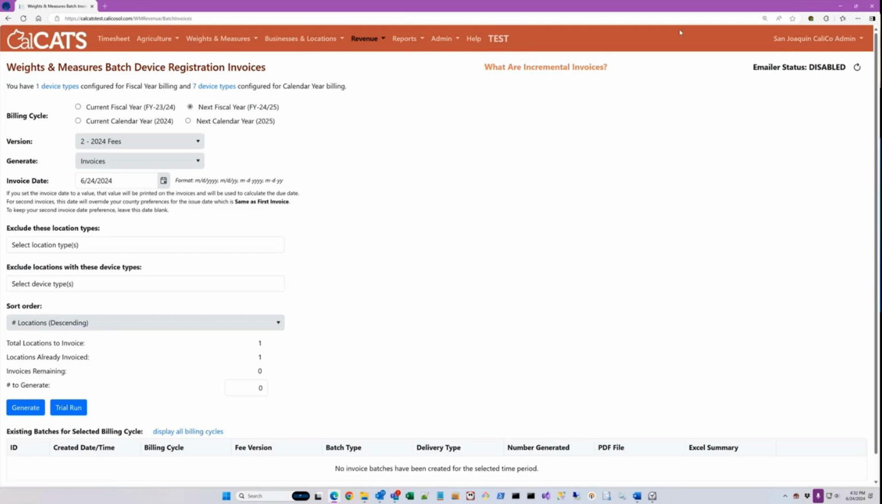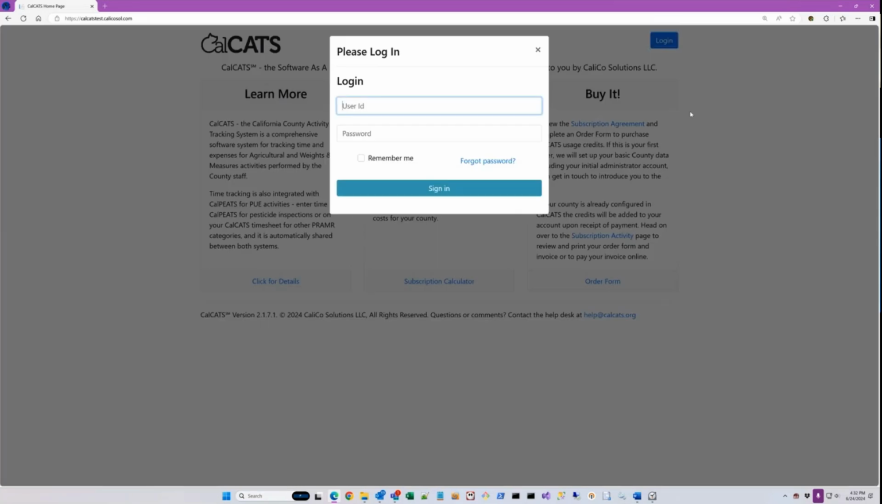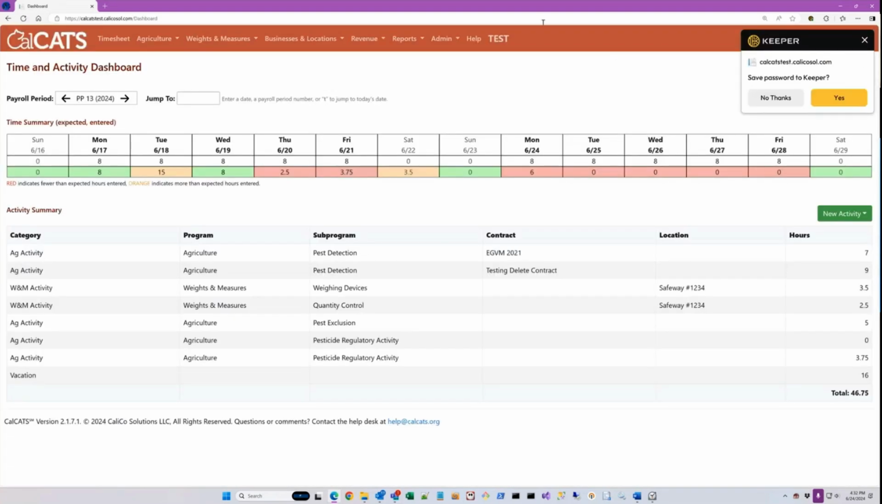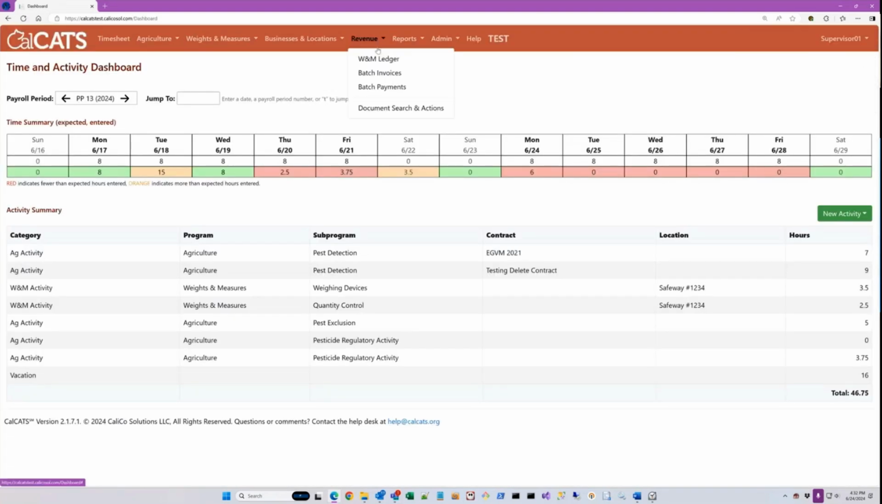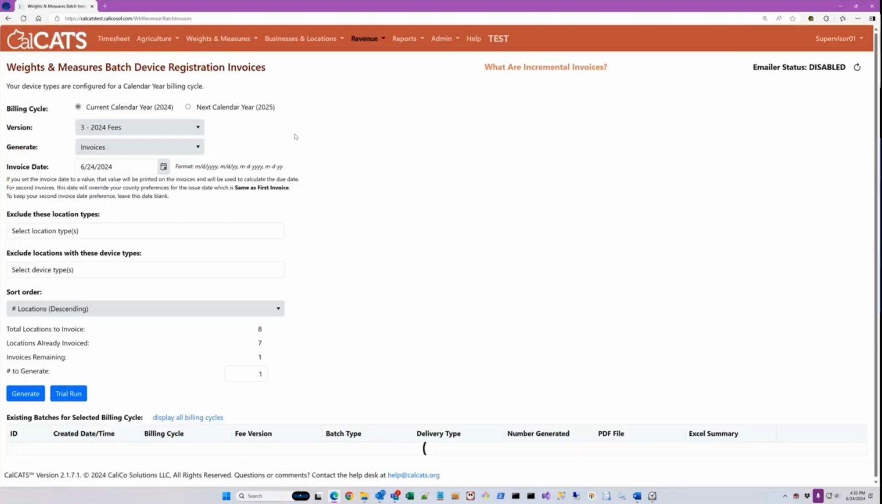Now, to make this make sense, I'm going to log out of this little test county because I've got very, very limited data in there. And I'll go to my main test county, where I still have limited data, but I have more. Okay, so on the batch